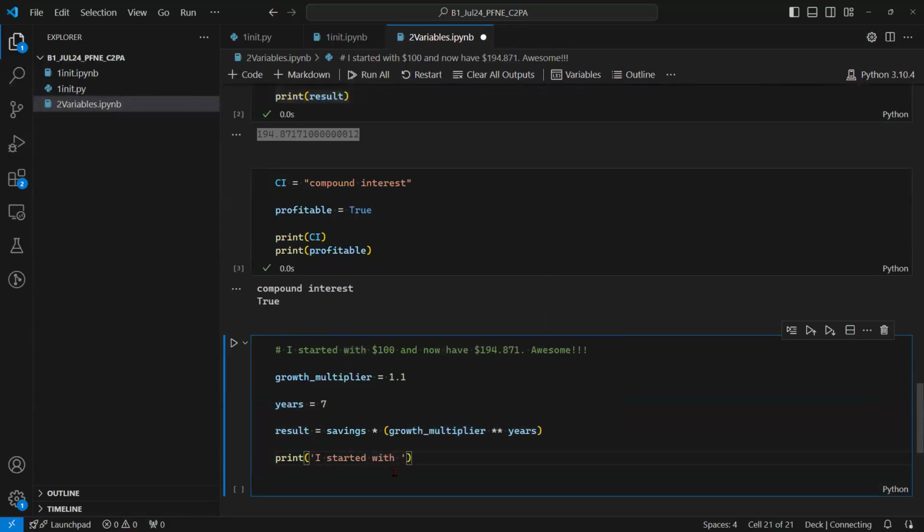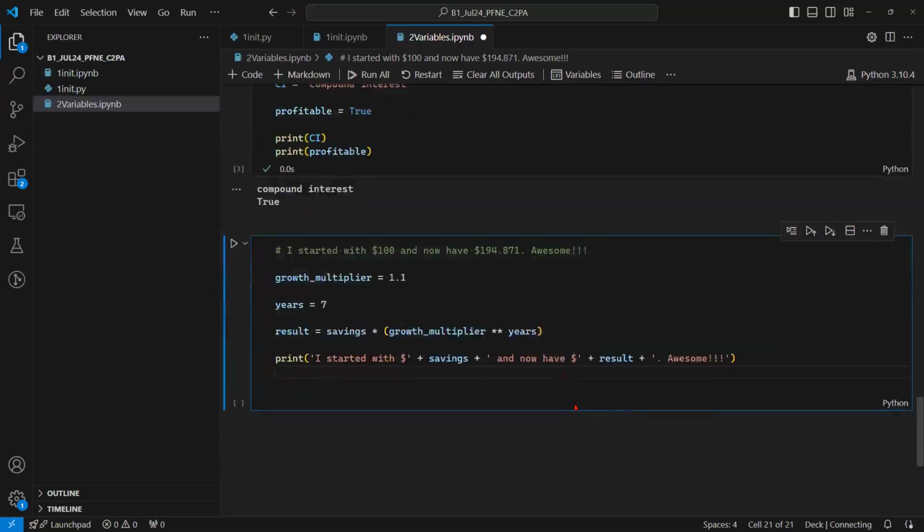I started with dollar, and then I will have to say plus savings, then plus, and now have dollar, right, then I would say plus result, and then it will be a full stop, space, awesome. Fine. Now when I try to run this code,